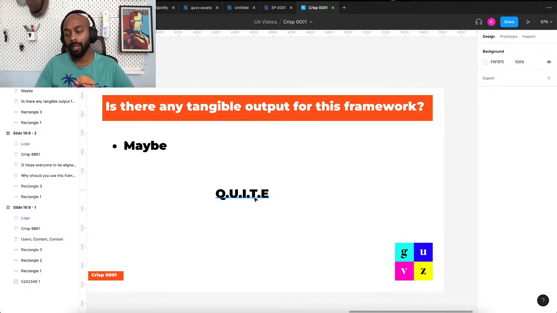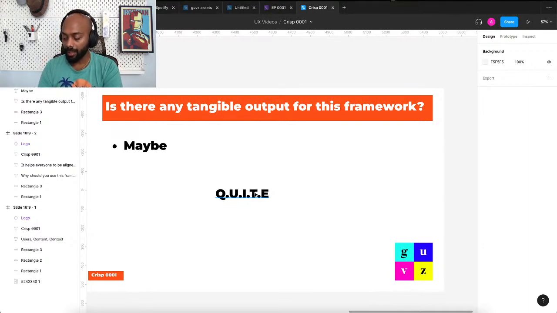And of course, we also cover the goals and problem statements, which we have conveniently not used in this acronym, because if you add G and P for problem statement, then it doesn't quite form the QUITE acronym. But anyway, this is something that we